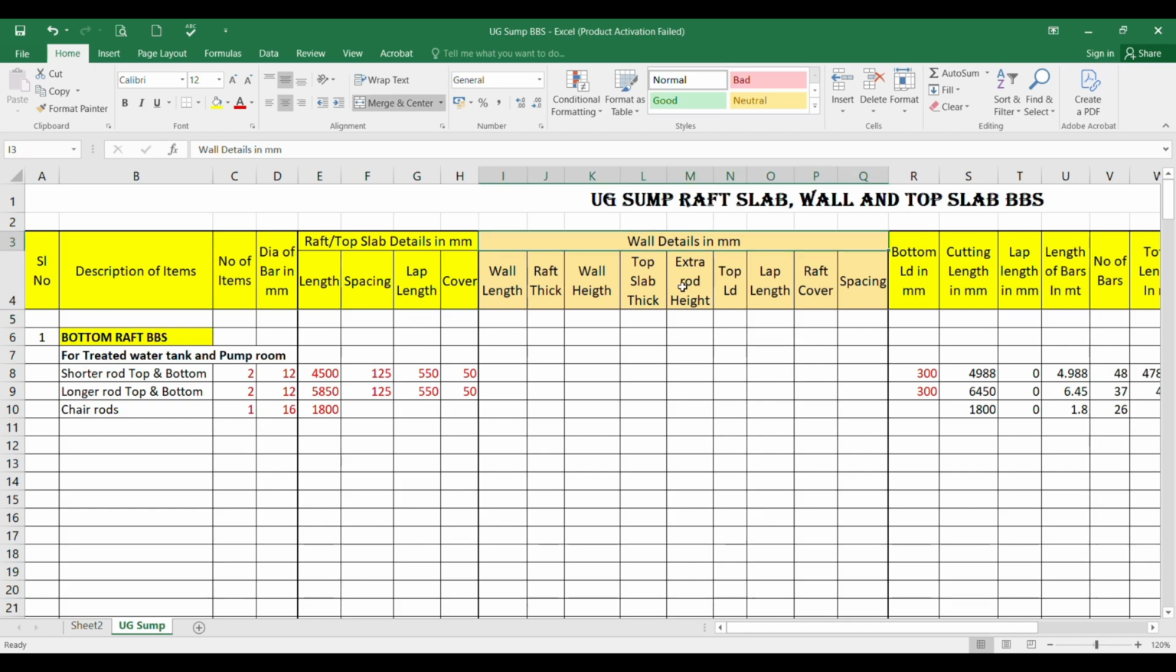And this is the wall reinforcement detail. In this: wall length, raft thickness and wall height, top slab thickness, extra rod height, top LD and lap length, raft cover and spacing, and this is the wall detail reinforcement. And this is also bottom LD. This is common for raft and wall, and this is cutting length and lap length in millimeter,